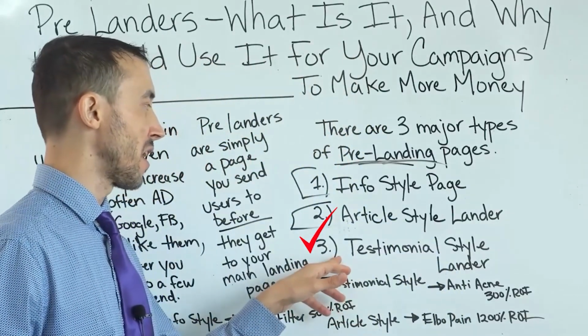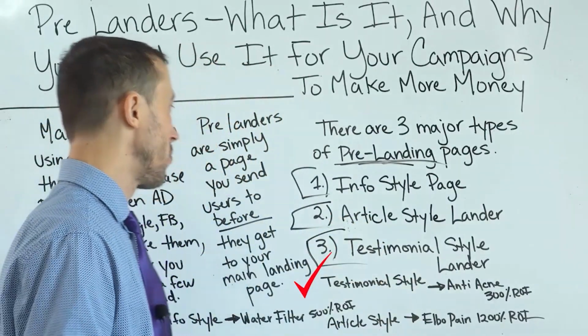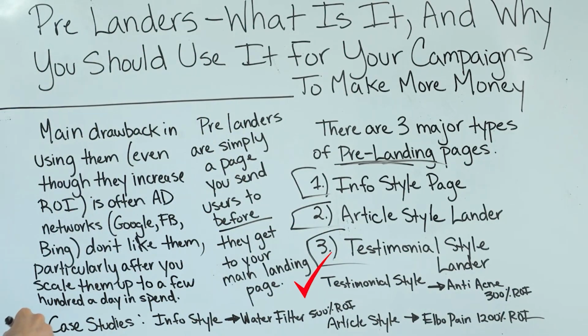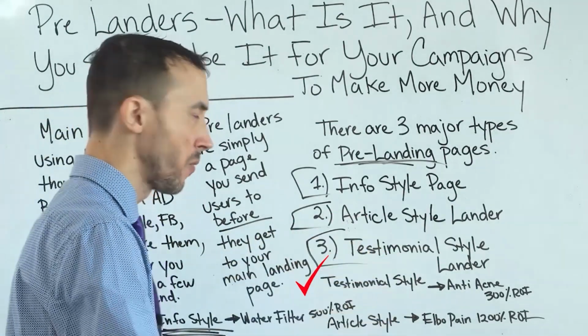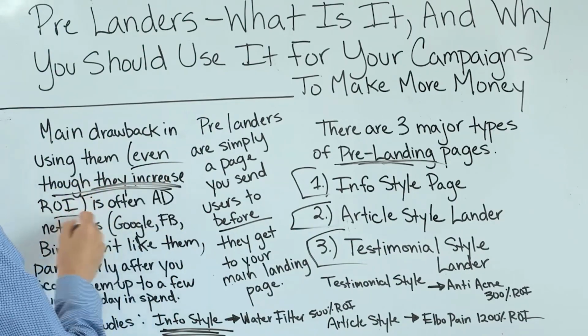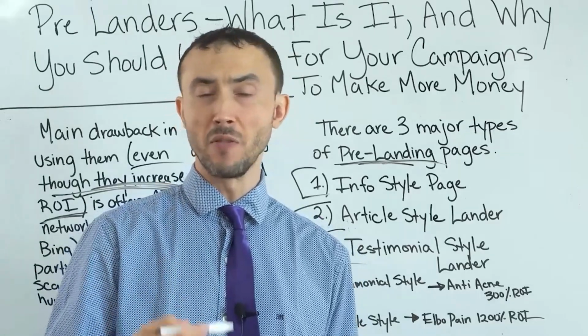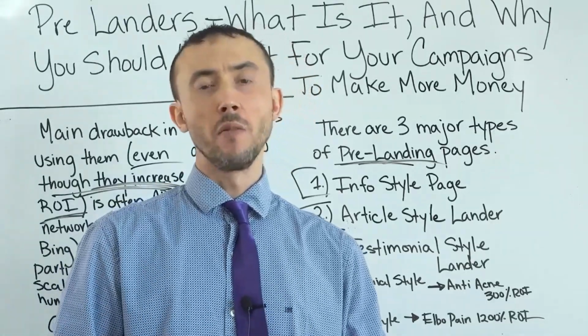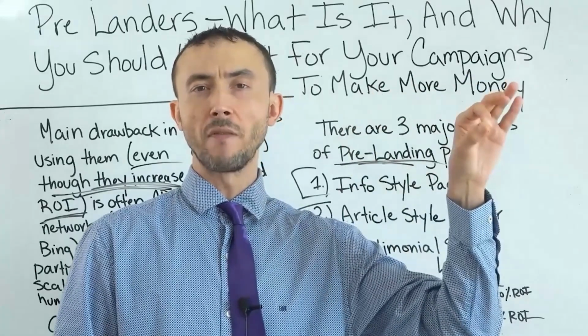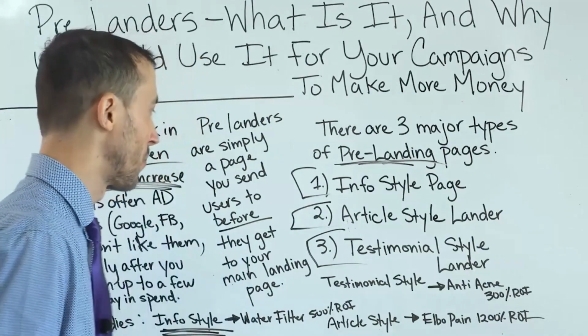And then there's the testimonial style lander, which looks like a personal blog or something like that. With that said, the main drawback to using these article style landers, before I give you specific examples of where we used these so you can understand how you're going to be able to use these for yourself: even though these will increase ROI in a lot of cases 2-3 times the ROI that you would have had otherwise, or even 5 times, and more importantly put you in position to run display traffic to your website and actually get it to work, which can scale your business like no other if you can find the formula,